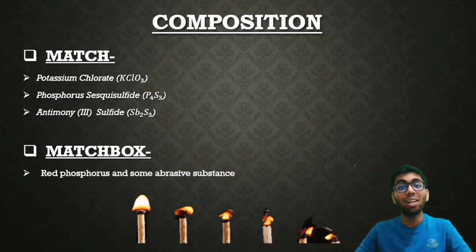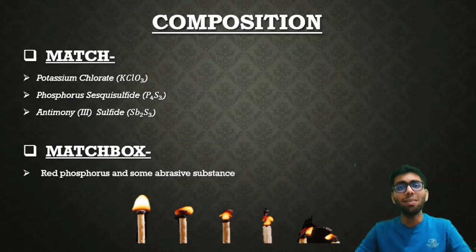Phosphorus sesquisulfide P4S3, or we can say it as tetraphosphorus trisulfide. Antimony 3 sulfide Sb2S3. Some fillers, some glass powder. If I talk about the striking surface, then it has red phosphorus as the active ingredient. We all know that there are many forms of allotropes of phosphorus, that is red phosphorus, white phosphorus, black phosphorus. Here we are using red phosphorus along with some abrasive substances, some glass powder, some sand powder, or some binder